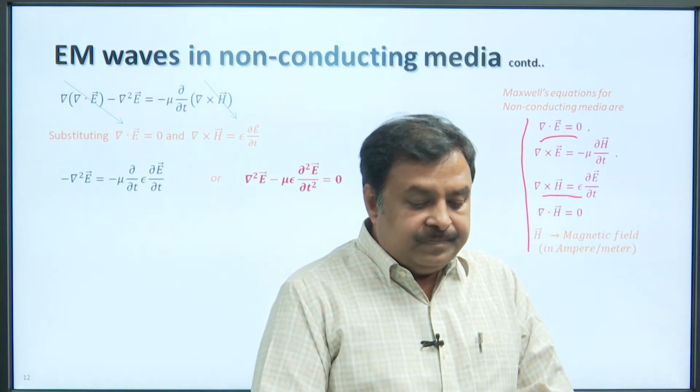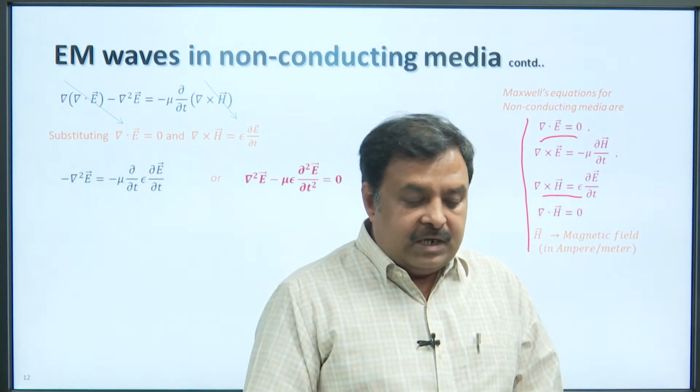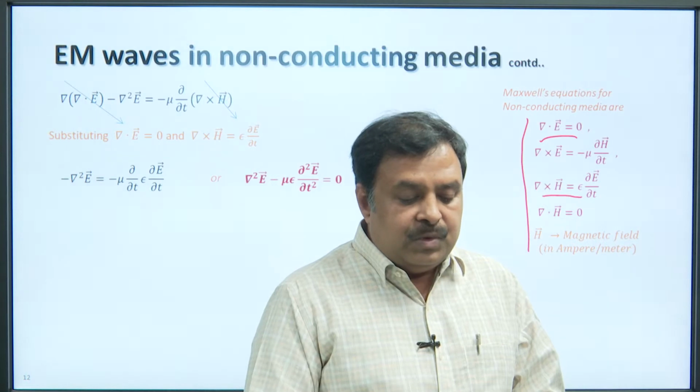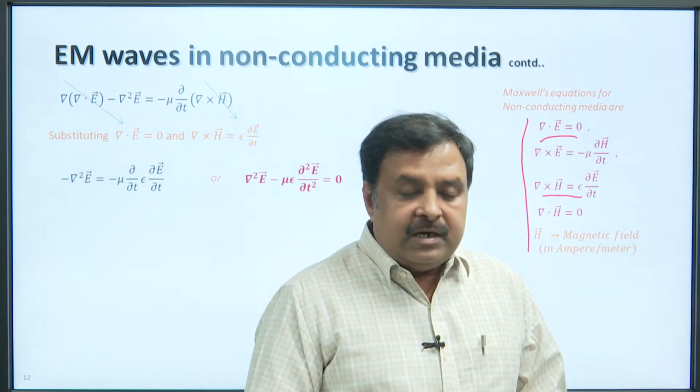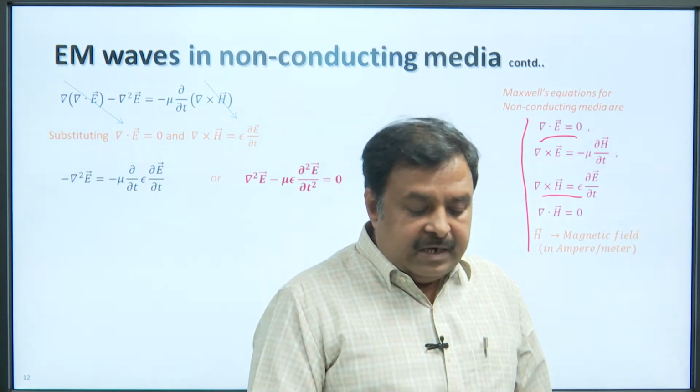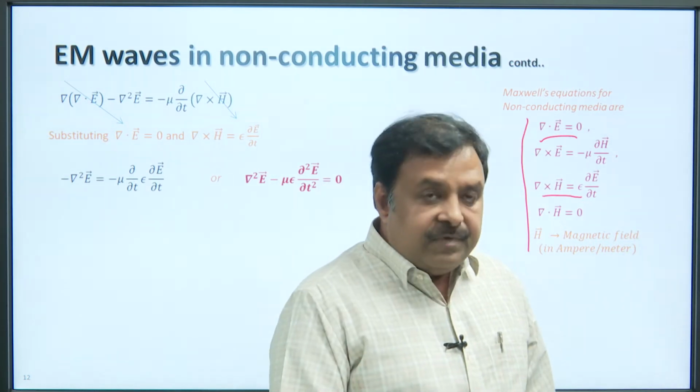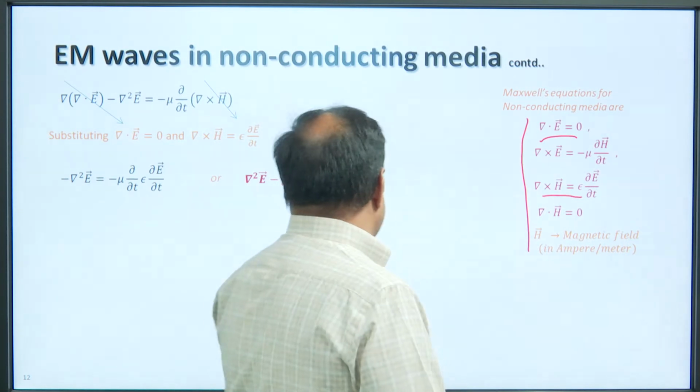We get minus del square E equal to minus mu delta by delta T of epsilon delta E by delta T, and when this equation is simplified,